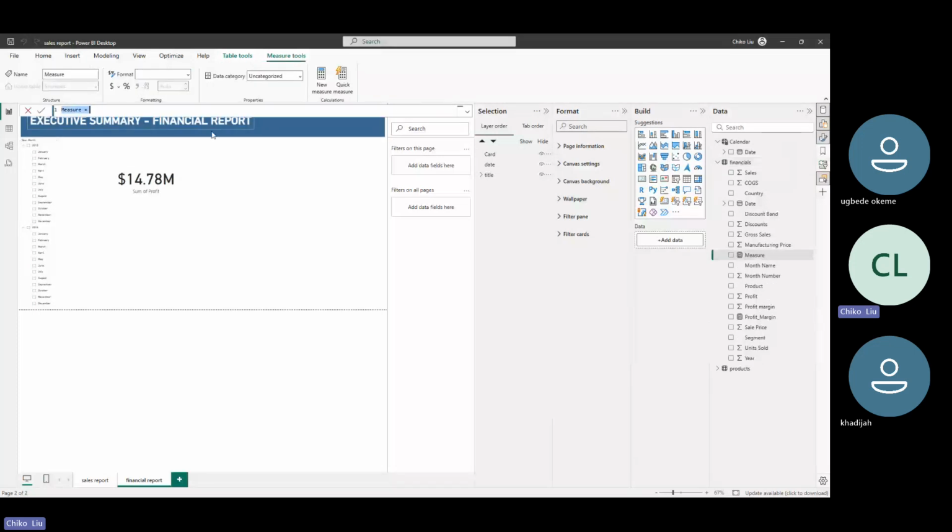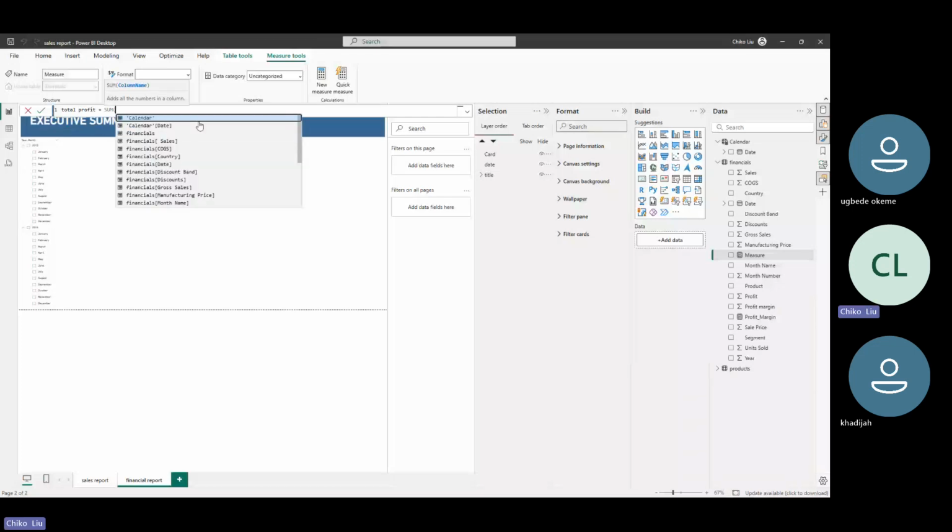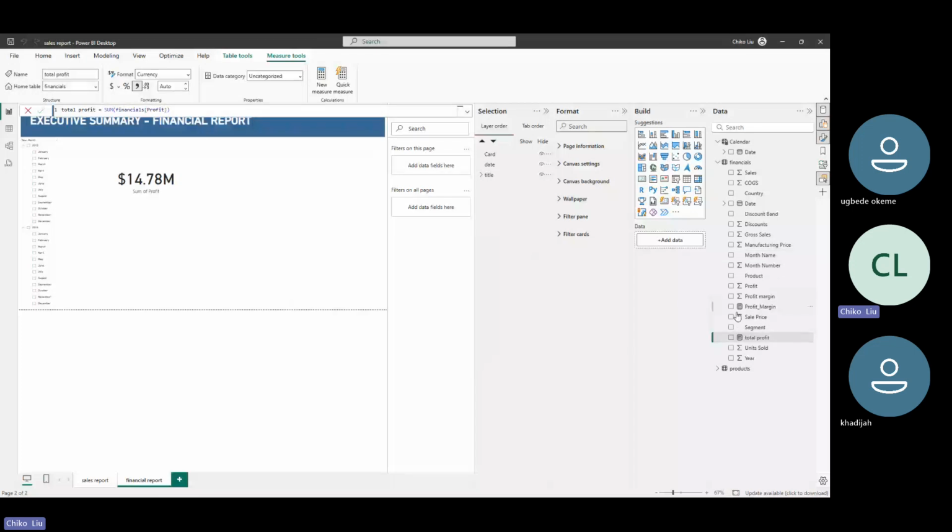Then I'm not now going to write a DAX. What I just want to do is just to say profit, or total profit rather. So it will be total profit, and it will just be the sum of what? Financial data set, then profit column, basically. And the funny thing is that after I've created this measure, if I click on it, you see I will still have the same amount. So you might be wondering what the difference is. Well,